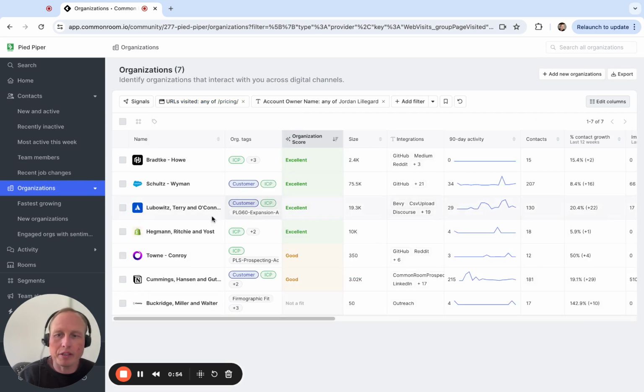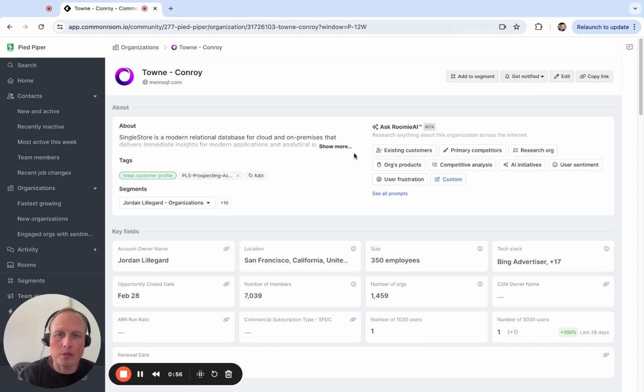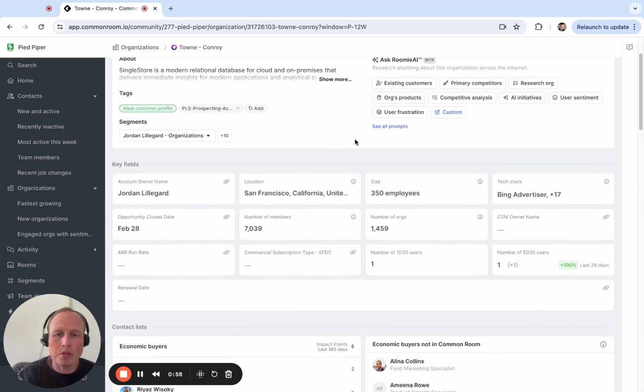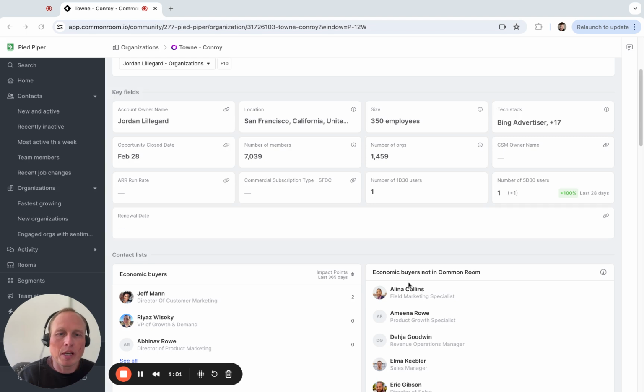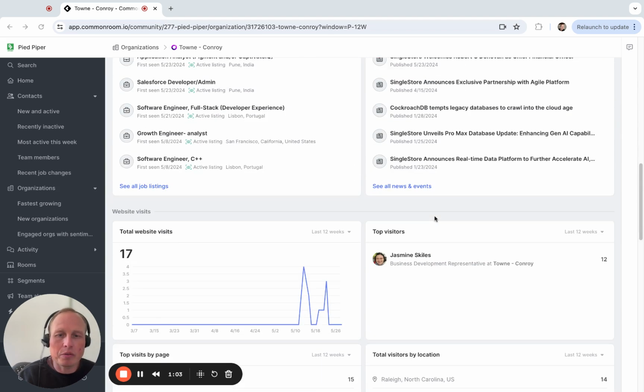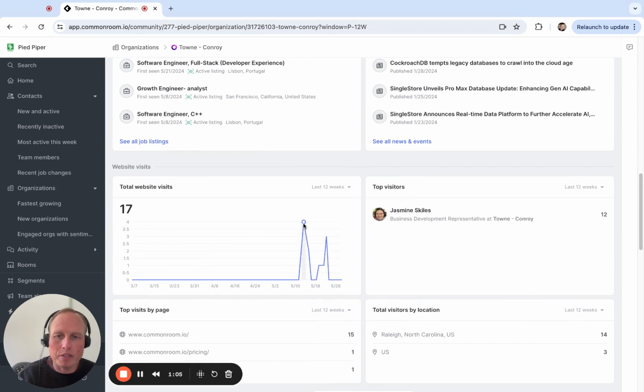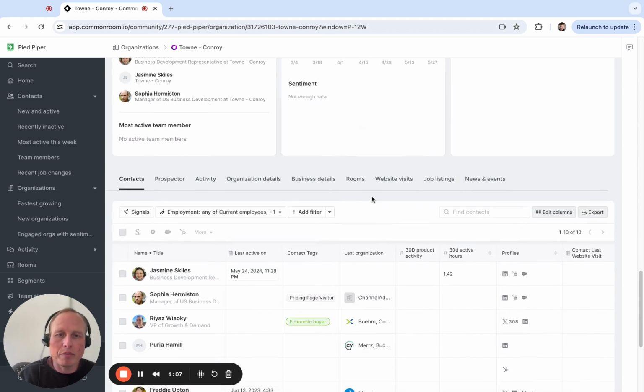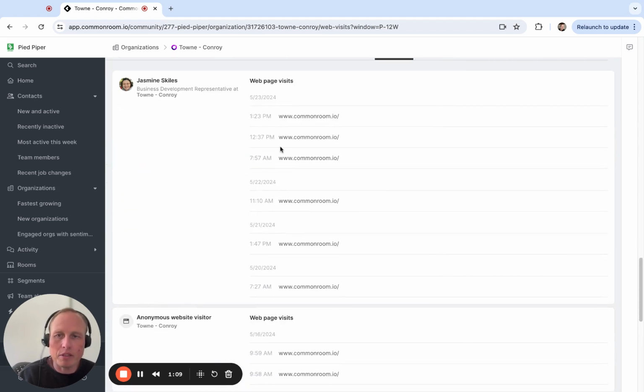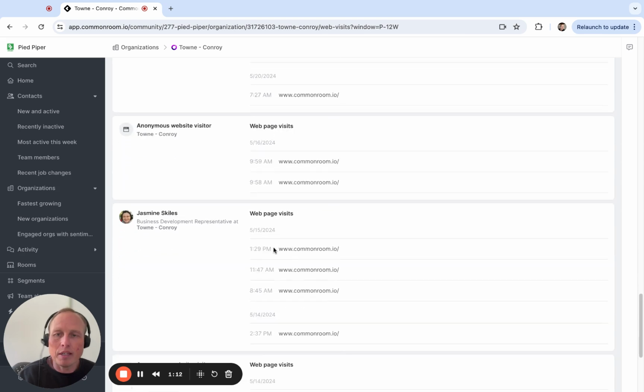And then from here, I can jump into any one of these accounts and start to investigate further what is going on with those pricing page visits. If I scroll down here, you can see top visitors, when those visits happened. And if I scroll down even further, I can view detailed activity like what pages they were on and when